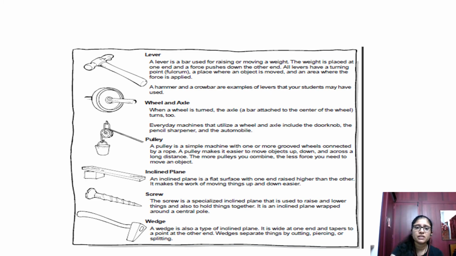These are some of the definitions I have put. I have taken this from Google, where they have given the examples and the definitions. This is just for going through, so that you can understand it more deeply. I will show you live examples when I have the online sessions with you. This video is just to make you remember what the simple machines are and some examples.